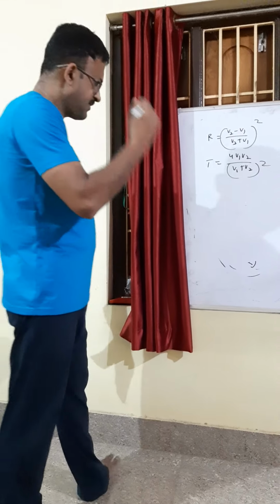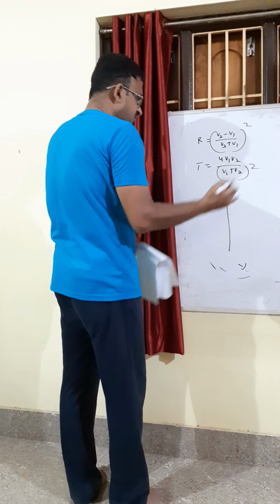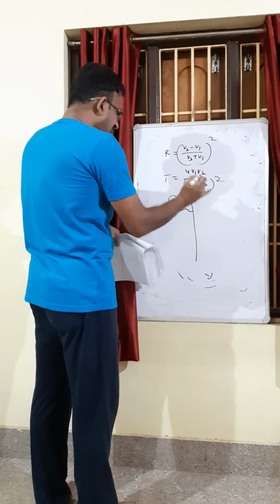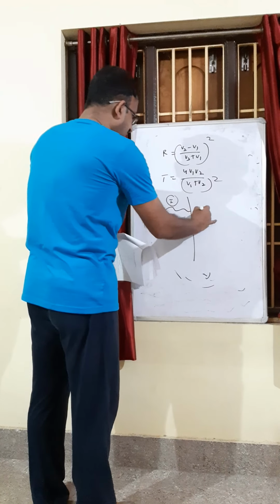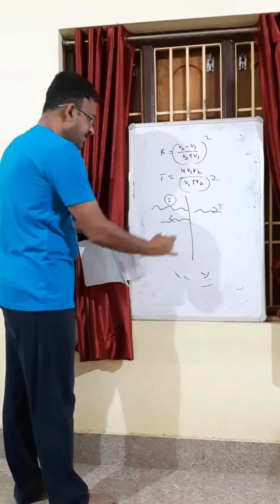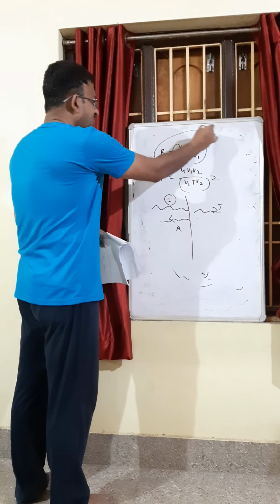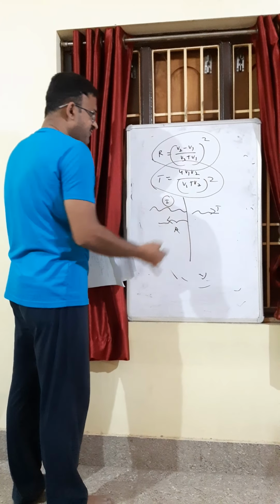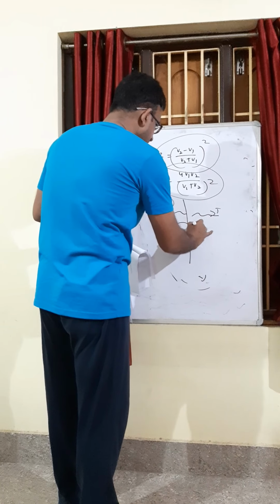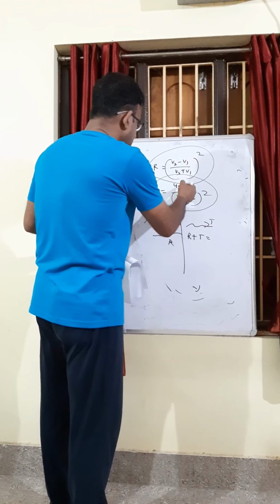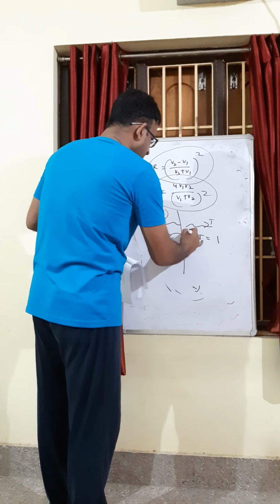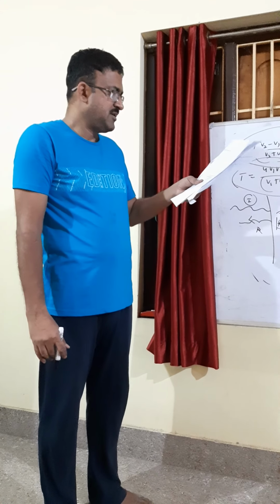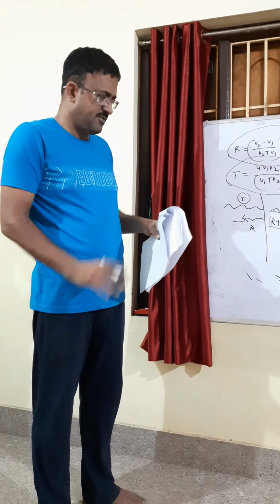And if you use the concept of conservation of energy: here the light is incident, and part of the energy is reflected and a part of the energy is transmitted. So this represents the fraction of energy which is reflected, and this represents the fraction of energy which is transmitted. If you find R plus T, substituting R and T from here, you can easily show this will be equal to 1. That confirms conservation of energy.